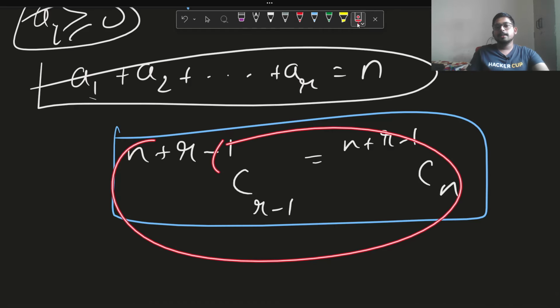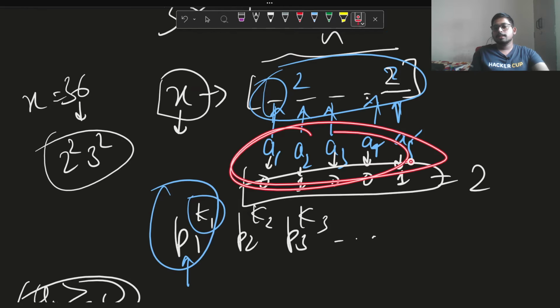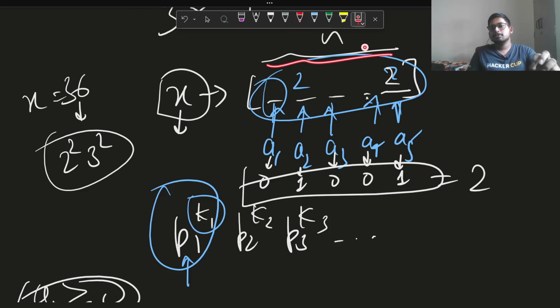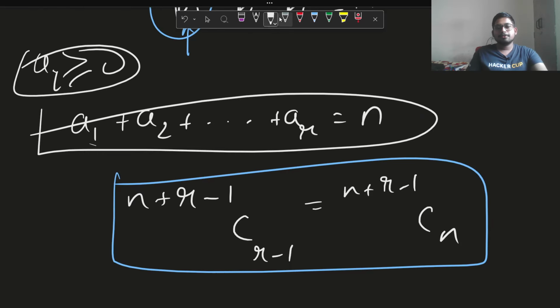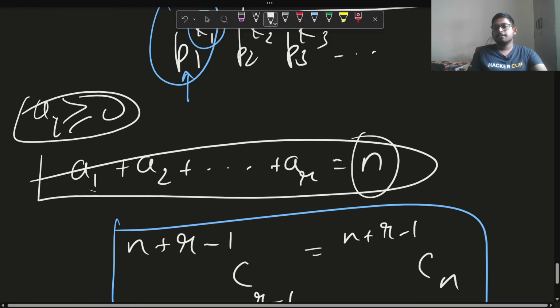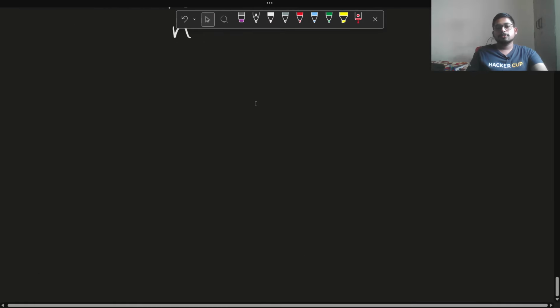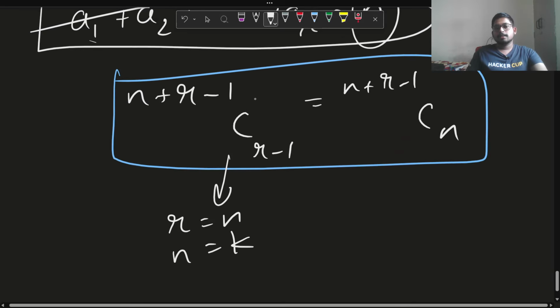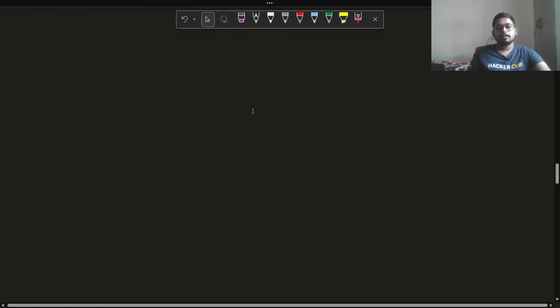So replicating that here, what is the value of my r and n here? So basically you have to distribute into n. So the n here is r in this. So in this formula, we would place r is equal to n, and our n here we want to make equal to k1. Okay. So n is k, let's say. So basically from this formula, we can say that our formula is